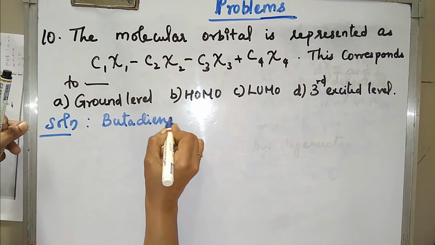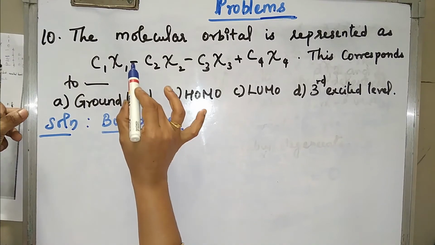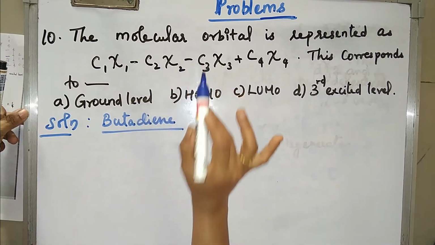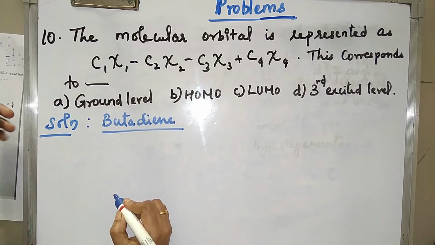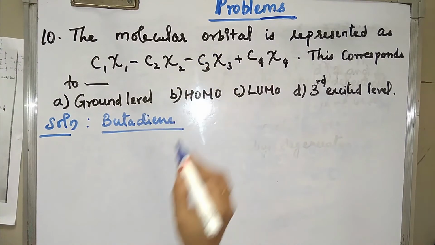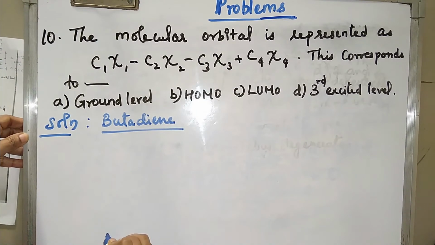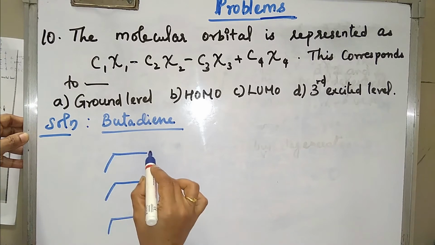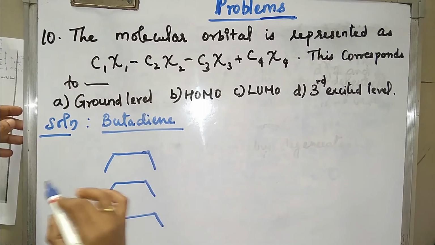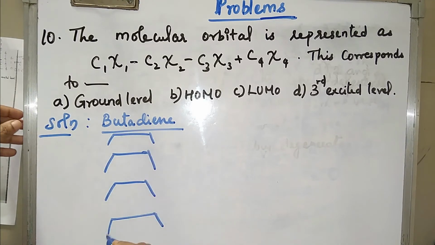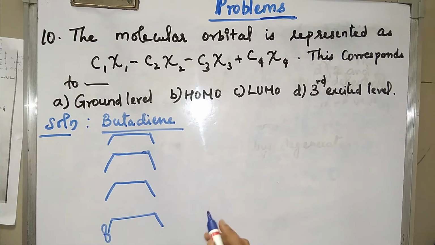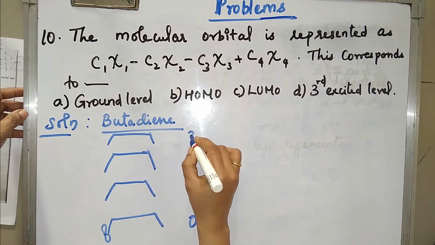So the next thing we need to check: the second and the third carbon are negative. When we get the second and third carbon negative, which state does it belong to? We know that 4 levels are there. If you keep on watching, then it is very easy for you. One more level is also there, I'll just write it, but it is not needed. In this case, with the help of nodes, we can easily say 0, 1, 2, 3. This is the node.